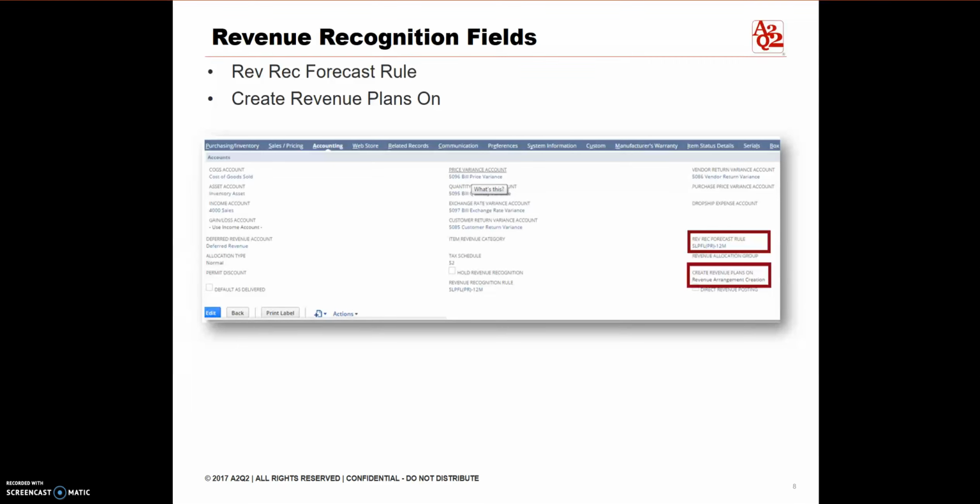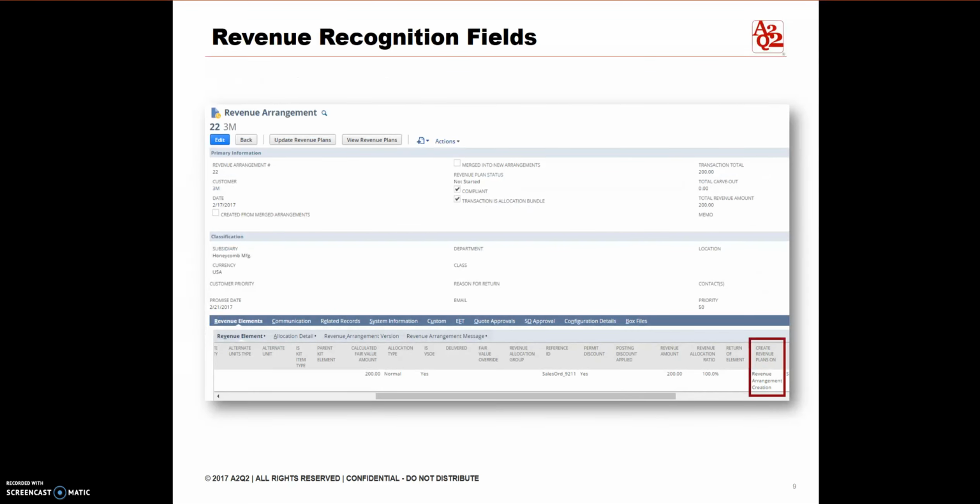Create Revenue Plans On. This field determines the event that triggers creation of revenue recognition plans. Match the event with the amount source of the item's revenue recognition rule. The revenue plans may be created automatically or manually according to the revenue plan update frequency setting in your accounting preferences. This field is not required. If you leave the field blank, you can select the value in the revenue arrangement when the item is an element in a contract. The Create Revenue Plans On field has the following options: